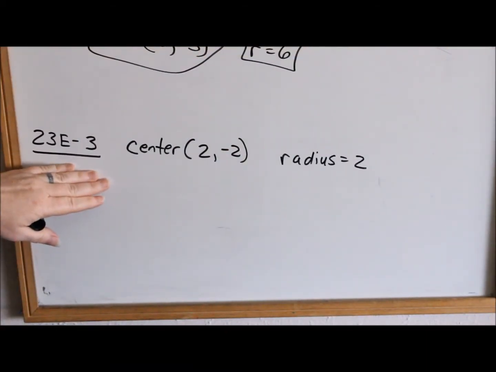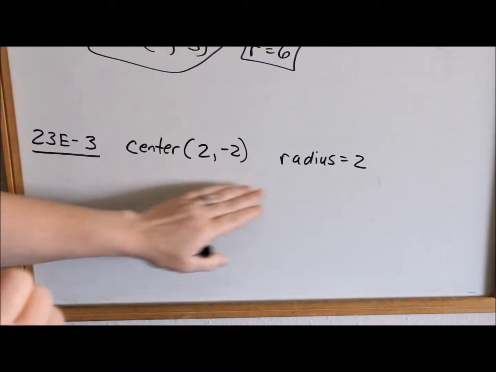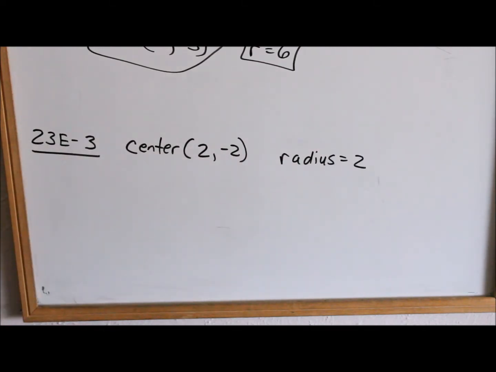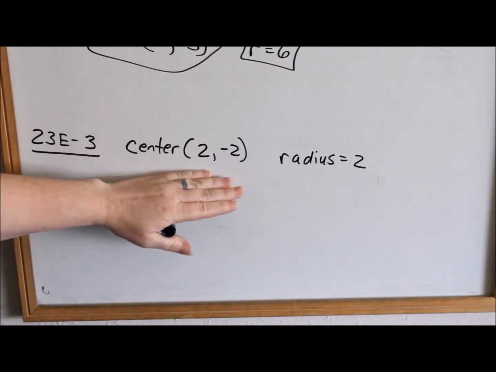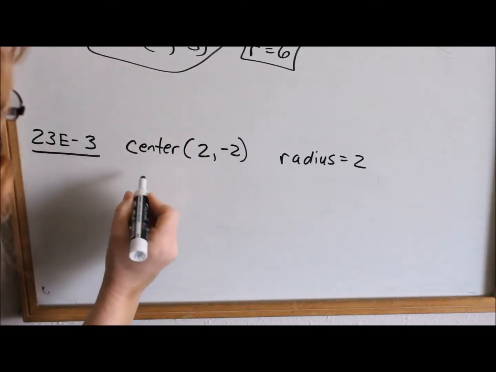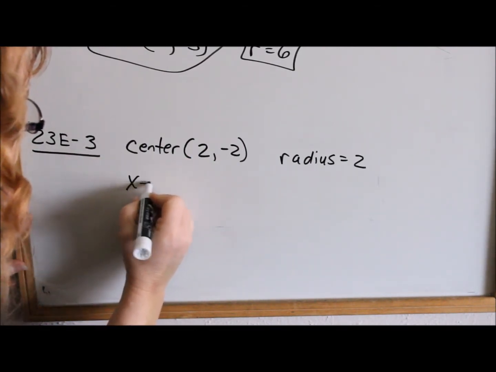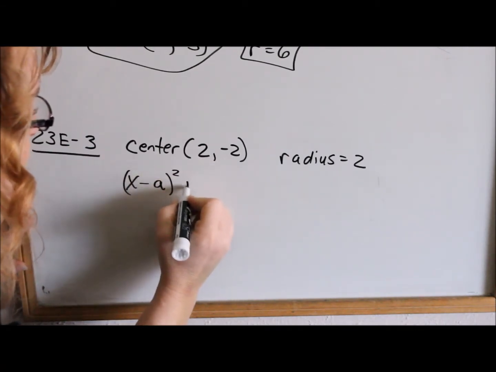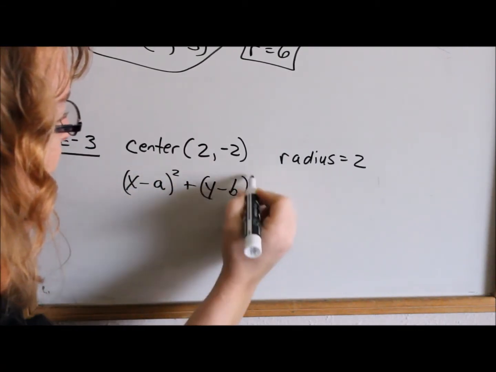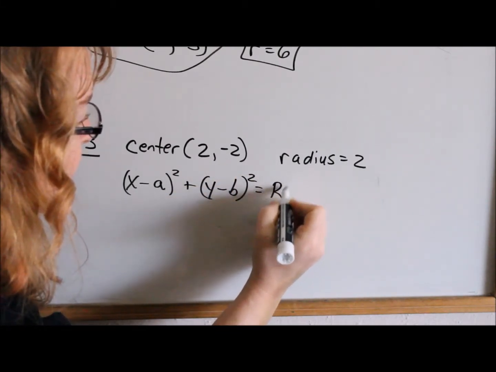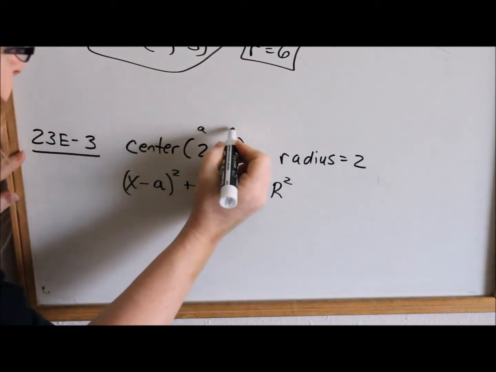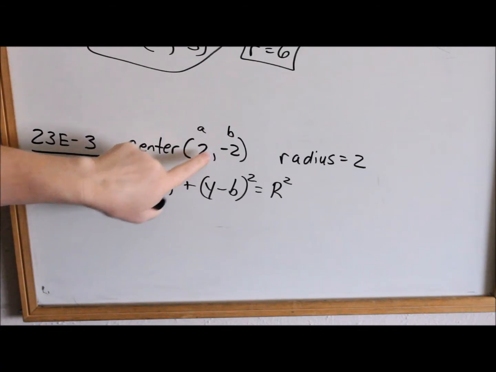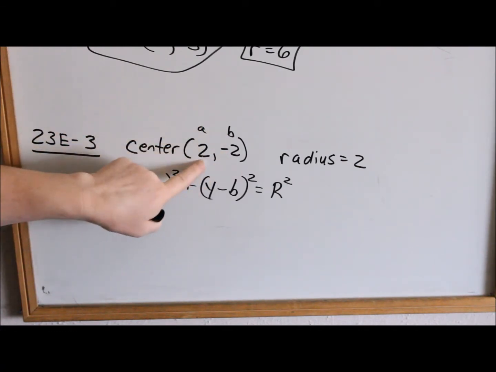Okay, looking at 23E3, they now give you the center and the radius, and they want you to write the equation of the circle and graph it. We can already graph it given this information right here. So given the center, remember the general form of the circle is x minus a squared plus y minus b squared equals r squared. So we take these numbers, these are my a and b numbers. The a goes with the x coordinate, the b goes with the y coordinate,